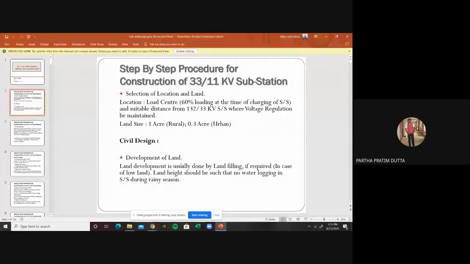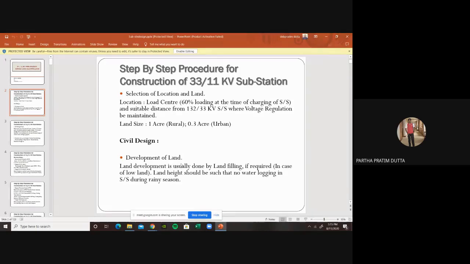We are presently designing our substation, even compromising a little bit of spread out type of switchyard and spread out type of control room. Instead of a single story control room, we usually build a 2-story or 3-story control room to accommodate all the substation in the little bit of land we have already collected. So as per our standard, the land size should be 1 acre in rural areas and 0.3 acre in the urban areas.